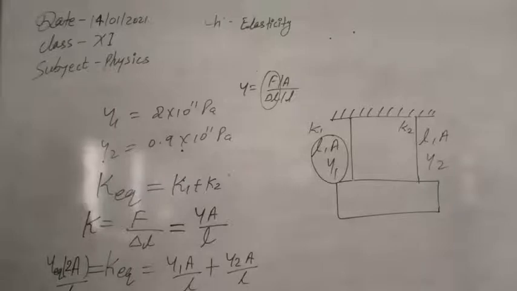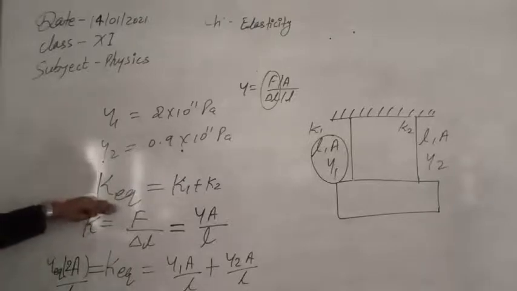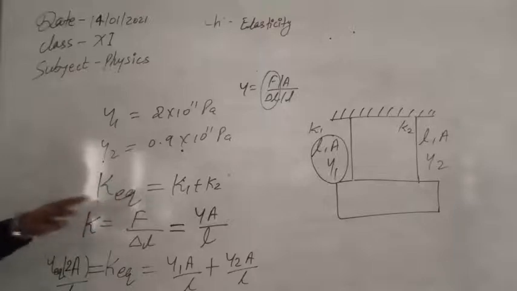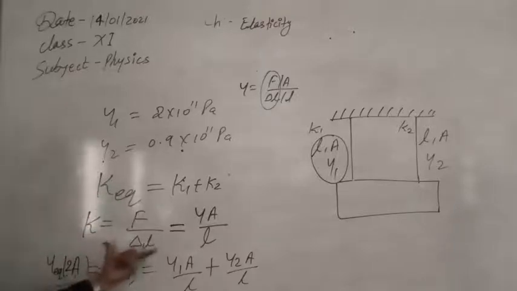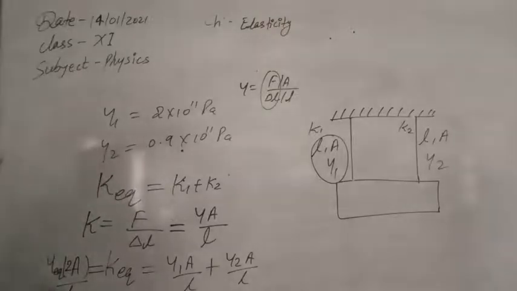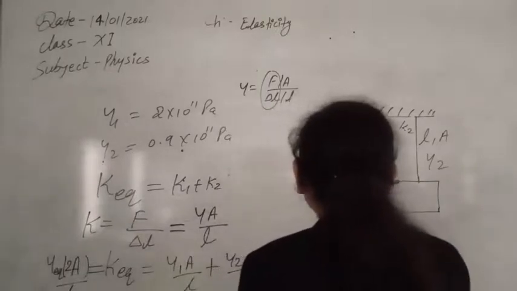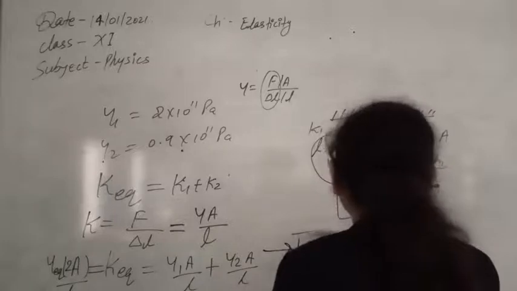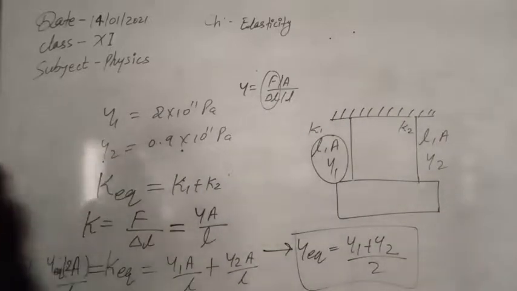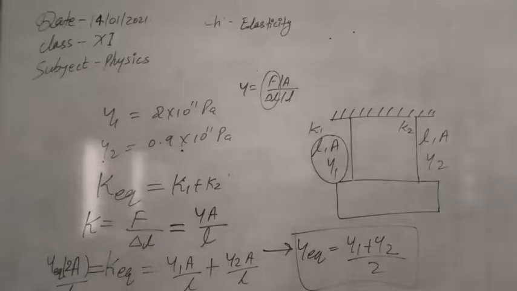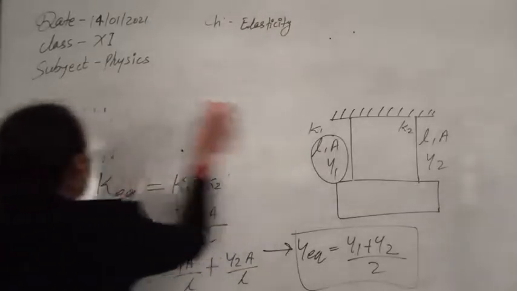So this is all, I think, clear and simple. We have used the concept of the spring constant and its equivalent value for the two wires that we have. After that we have used this in the simple formula, and then we have converted. Now A by L will be taken as common from both sides, and that will be cancelled out. We can easily calculate Y equivalent from here after solving this. So Y equivalent will have the value Y1 plus Y2 divided by 2. So if the two wires are connected in parallel combination and have all other properties the same, they will have equivalent Young's modulus Y1 plus Y2 by 2.